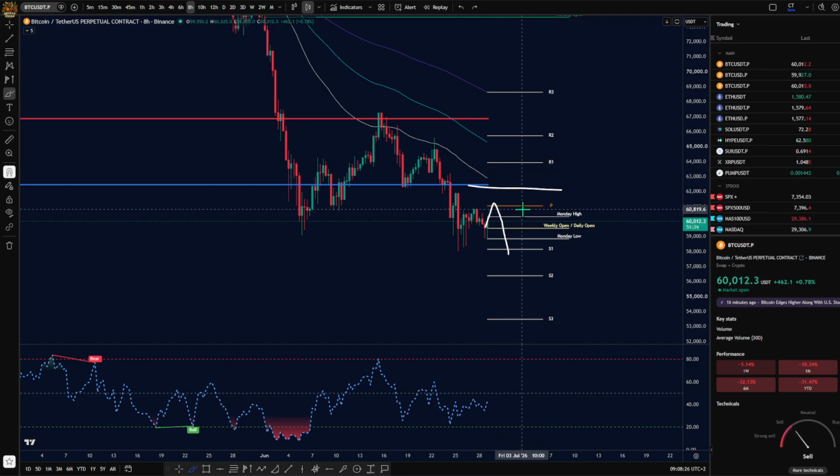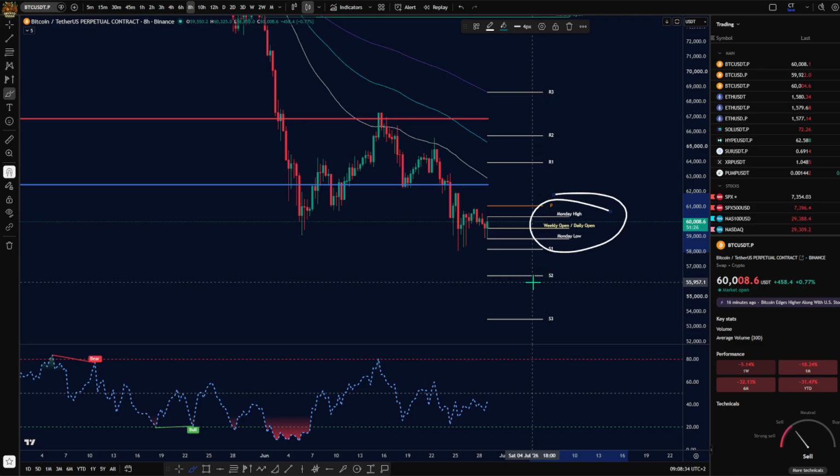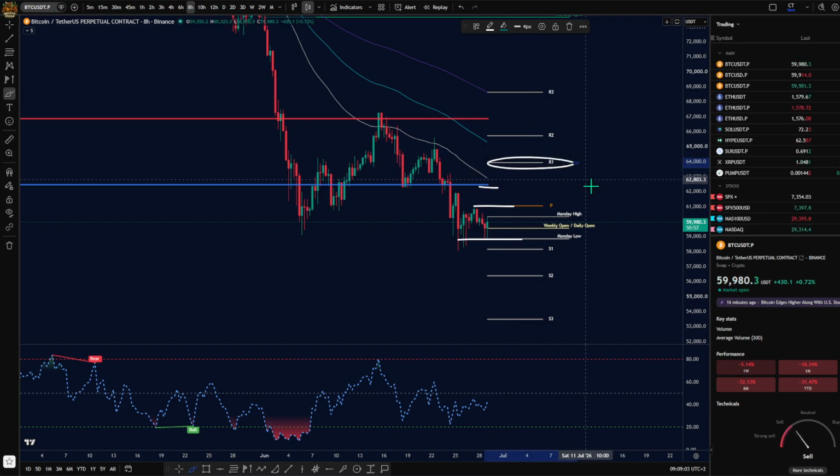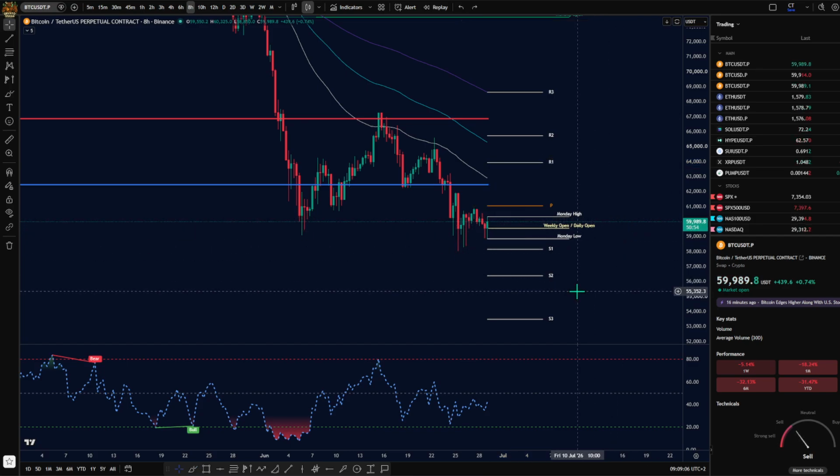So a couple of targets for today for this trade plan. It's going to be stop loss below the lows right here. We are still forming our Monday range since it is Monday, so no trades around the Monday range yet, but first trade stop loss below this low right here. First target is gonna be the weekly pivot at around 61k. Second target 62.2k, which is the value area low. Third target is gonna be around 63k, the 50 EMA, and the last target is gonna be around $64,000. It's going to be the weekly R1. So this is gonna be the plan for this Monday.